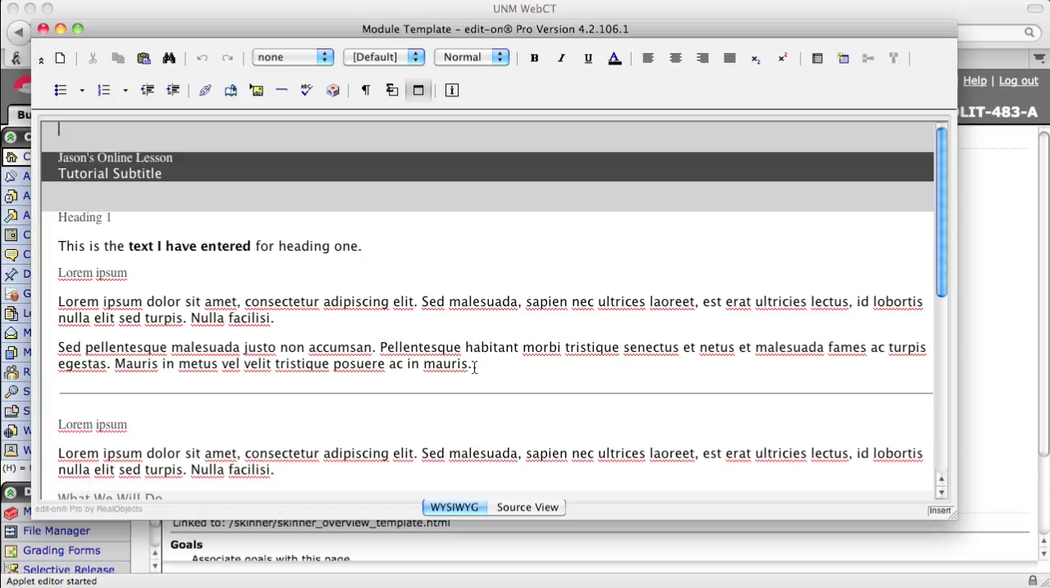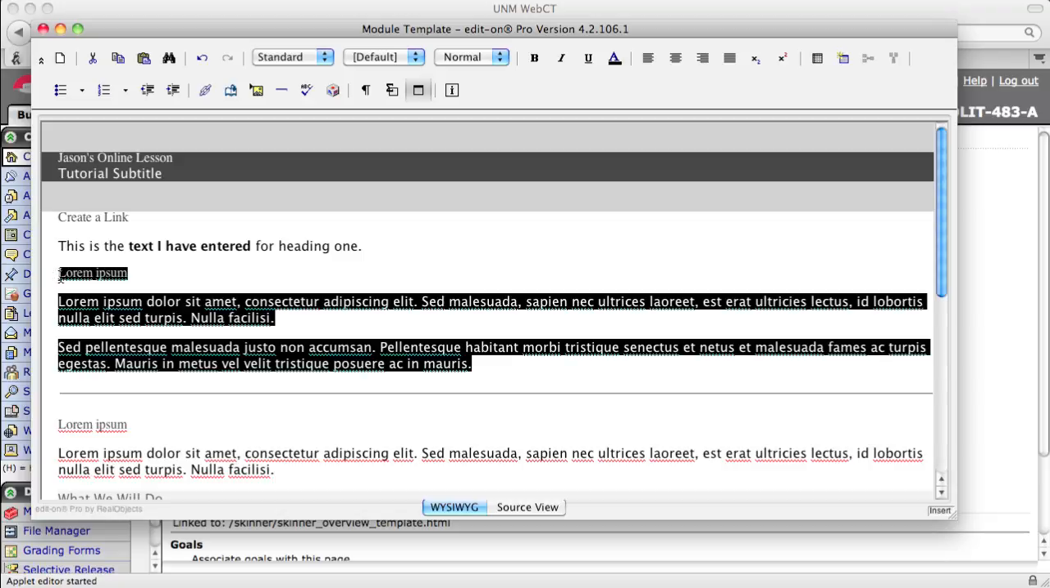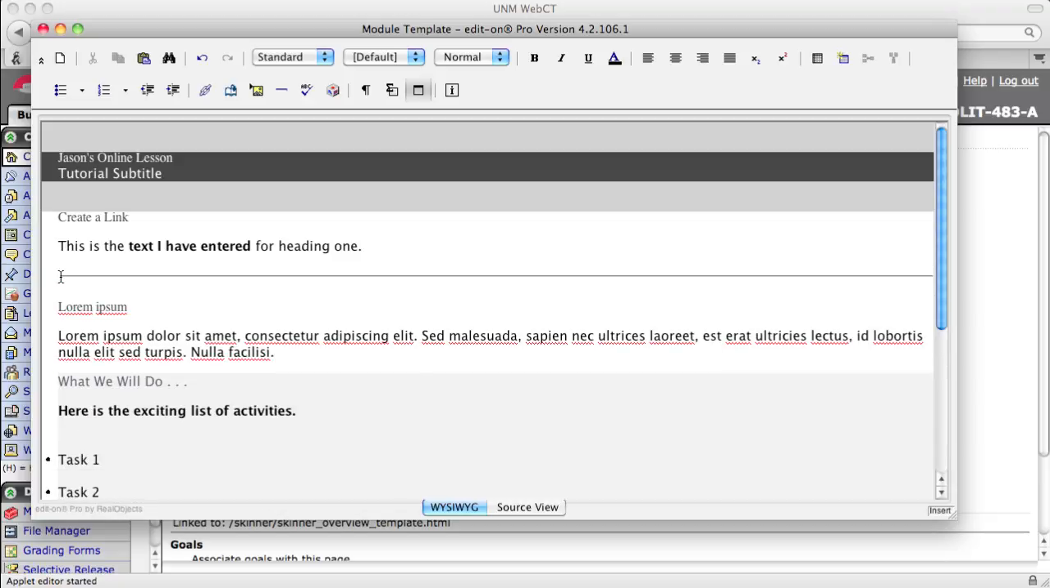First step that I'm going to do is change my heading number 1. And I'm going to call this create a link. And I'm going to erase this text here. And I will say